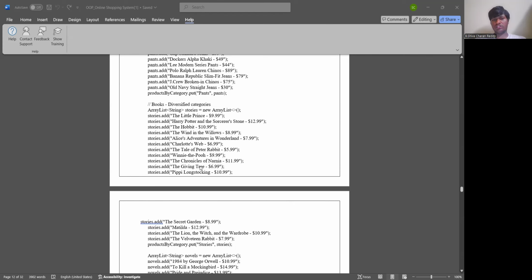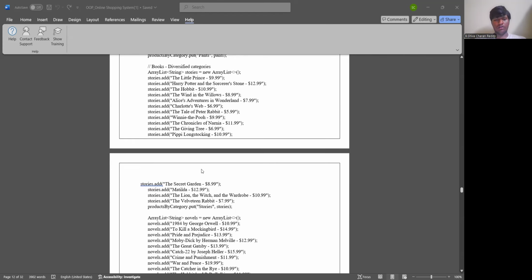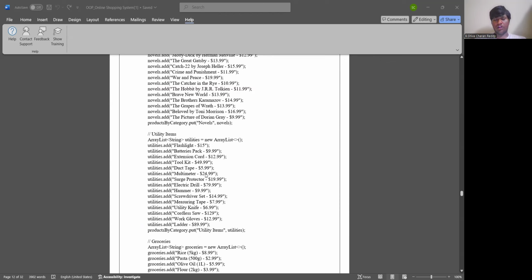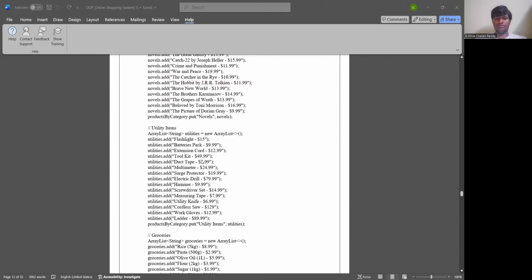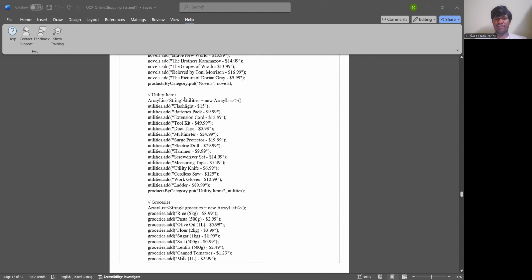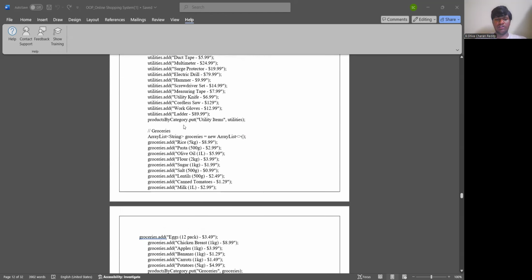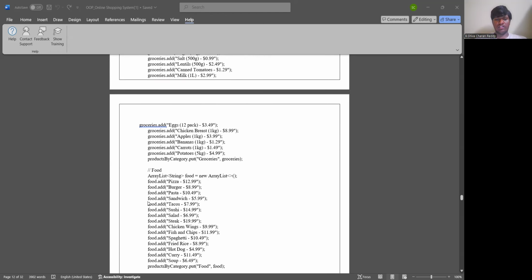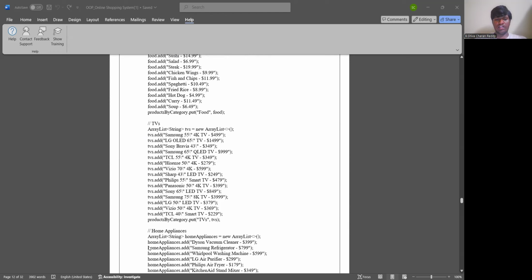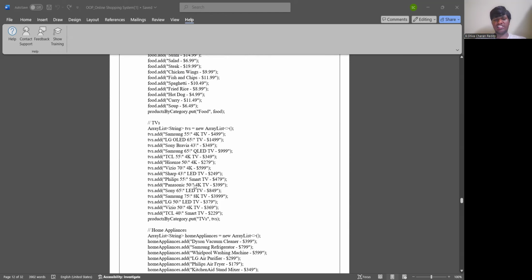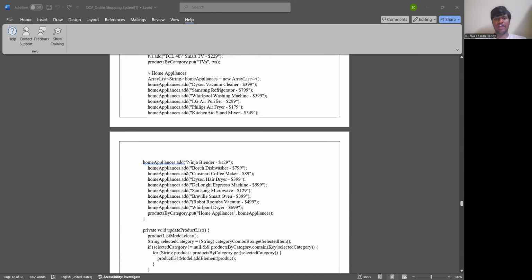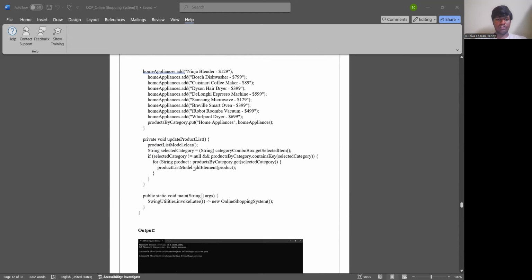The books, which are classified into storybooks and novels, and there are also utility items like flashlights. These are utility items, and these are groceries, and these are food items, and these are electronics such as TVs and home appliances such as vacuum cleaners, refrigerators, washing machines, etc. And yeah, you further